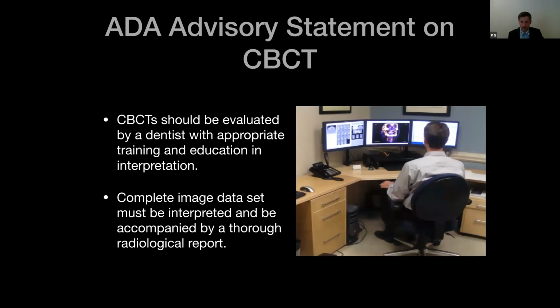And above all else, you know, document. Write down what you see. And really that's the big question that I'm asked a lot: do we need to look at everything in the scan? And we'll go over some other common questions that I've received over the years as well. But again, this was put out by the ADA in 2012, and it's a pretty quick read.